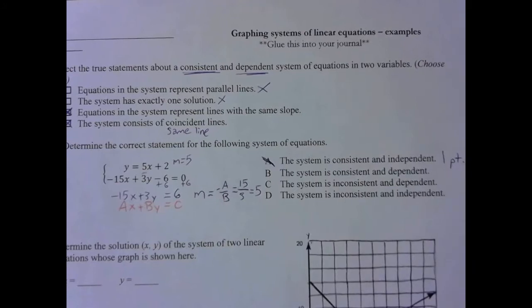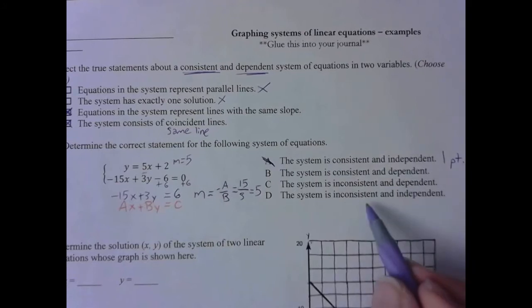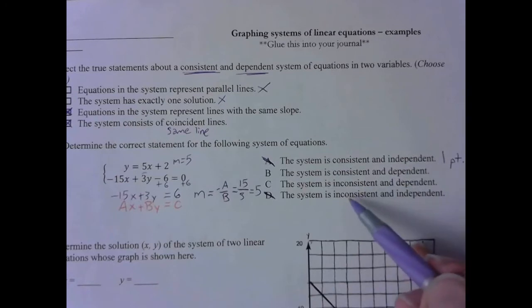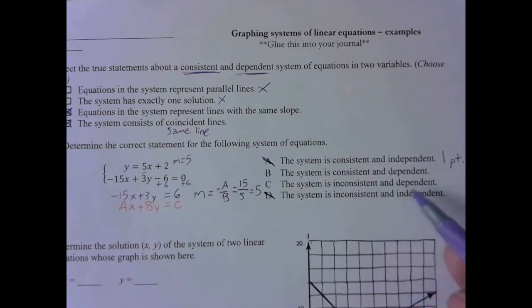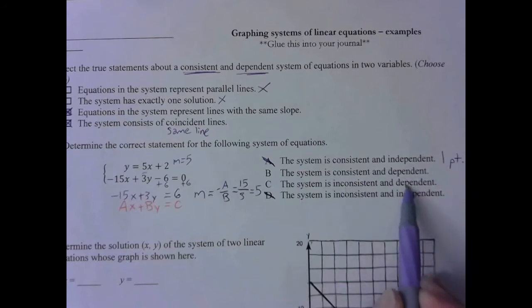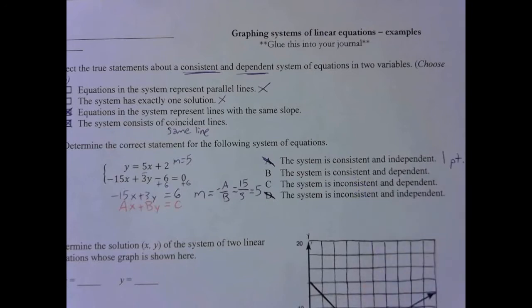Can't be that one. Okay, now we've got to figure out, oh hey, look, this one doesn't even make sense. If it's inconsistent, it can't be independent. So let's cross out D as well. Because if it's independent, it's got to be consistent. Inconsistent is just inconsistent. It can't be inconsistent and independent, which in a way gives us our answer, but let's double check. So I bet you it's consistent and dependent, because if you're inconsistent, you're neither dependent nor independent. But let's double check. So if it's consistent and dependent, looking back at our notes,